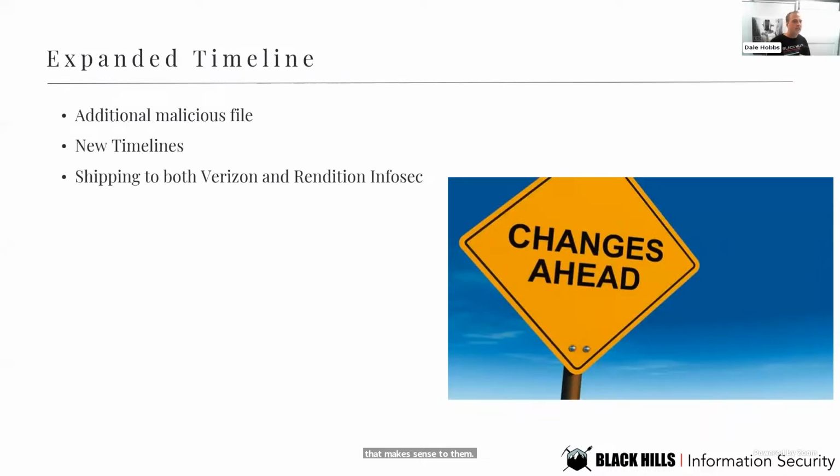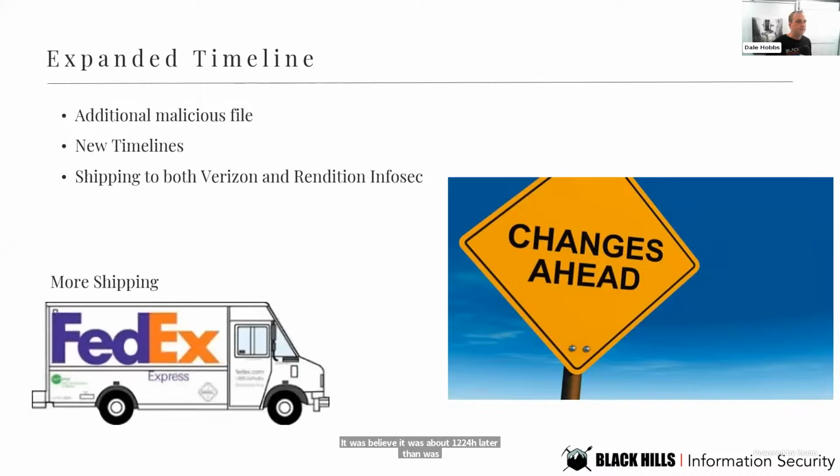All right, so 8:30 p.m. on December 20th, there were some additional revised clean dates and timestamps, an additional malicious file that was not previously seen, a link to the compromise, and 11 of the computers that were initially thought to be remedied because they were supposed to have been rebooted did not actually get rebooted until later than was expected. I believe it was about 24 hours later than was expected, which expanded the time frame a little bit. And of course, more stuff to ship off.